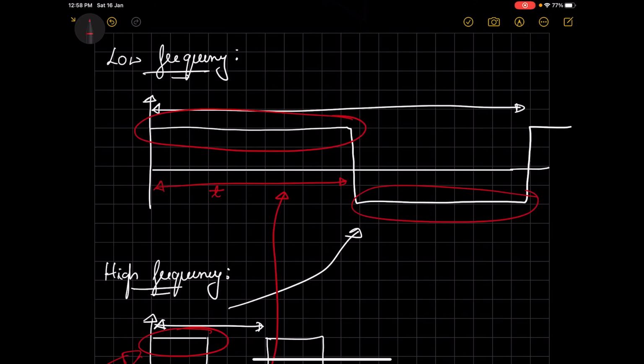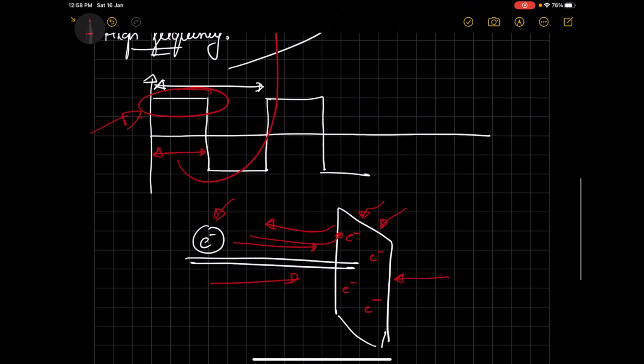That's because the time period for half the cycle in the low frequency signal is usually very large, and large number of electrons tend to sit on the plate, which is going to resist the electrons that are going to come next. And in the case of the high frequency signal, since the time itself is very small, the number of electrons that are going to get accumulated on the plate is also less, and it's easy for the next electrons to come and sit on the plate. And how hard or how easy is the electron movement determines the impedance of a circuit.